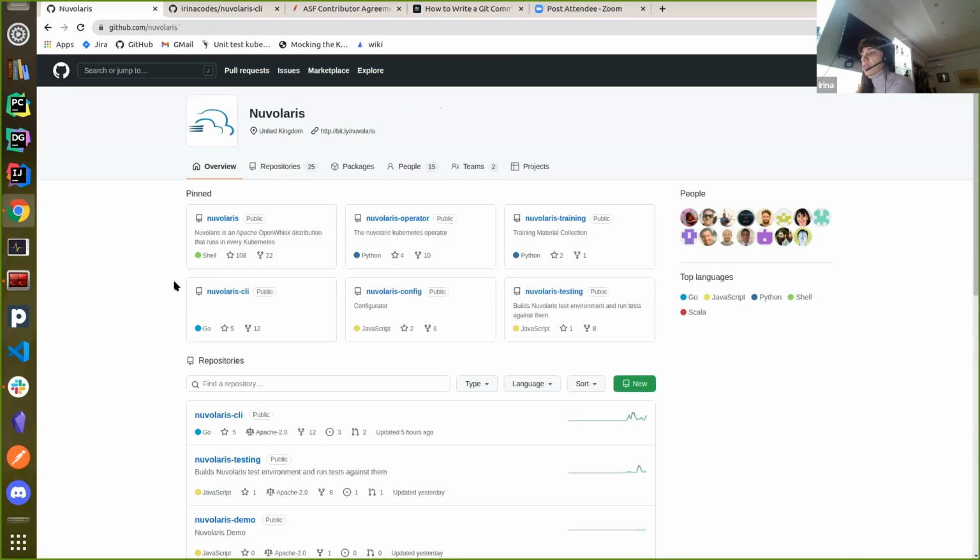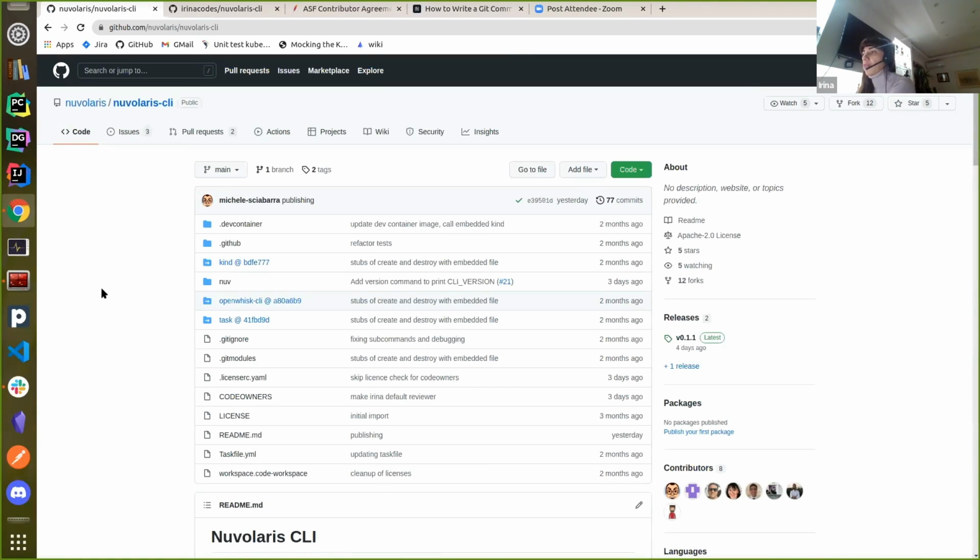The topic of today's training is the Nuvolaris CLI GitHub repo, which is the command line interface for Nuvolaris written in Go. I will explain a little bit about the structure of this directory, and while I'm doing this, I will try to give you an overview of Go as much as I can in 1 hour. Hopefully this should be enough to get you started. If you haven't worked with Go before, you should at least have an idea of what is where and where to start. So before I go on,